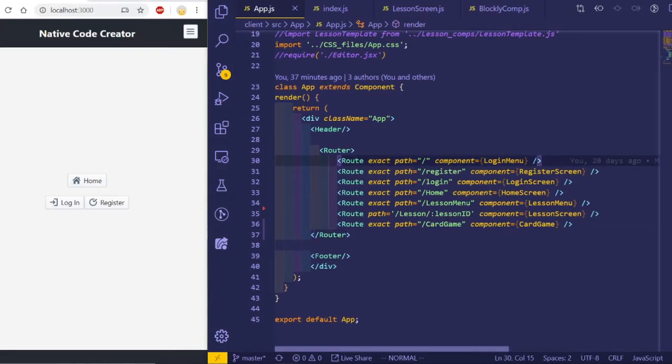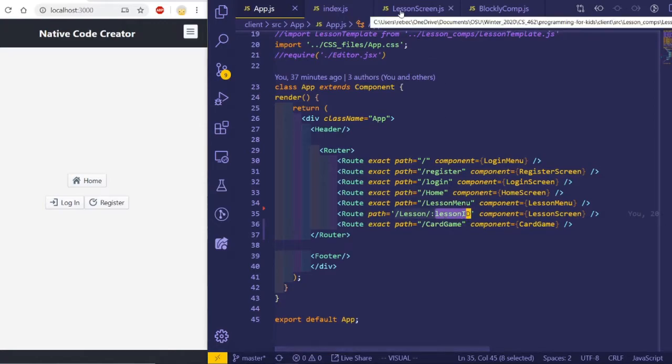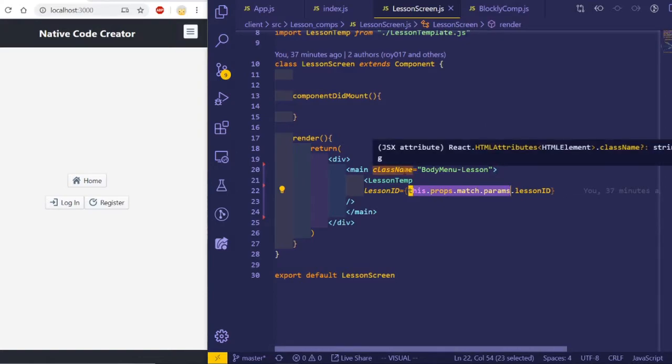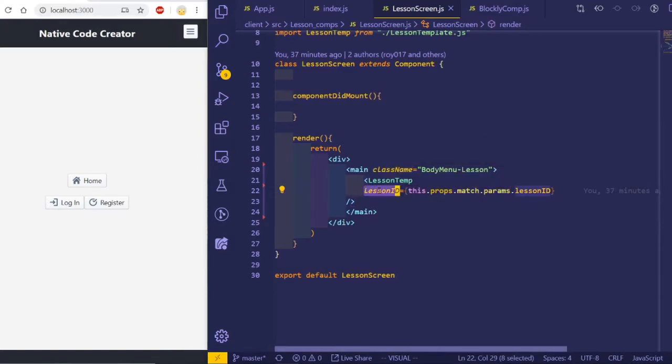You can see that most of these routes have this exact keyword, so that they all show the exact path shows that component. But for lessons, we didn't want to have a whole bunch of code for every lesson that says /lesson/lesson1 show lesson 1. So to make it more dynamic, we have the :lessonID here, and we removed the exact keyword. So this :lessonID makes it so that on the lesson screen component, we can have lessonID